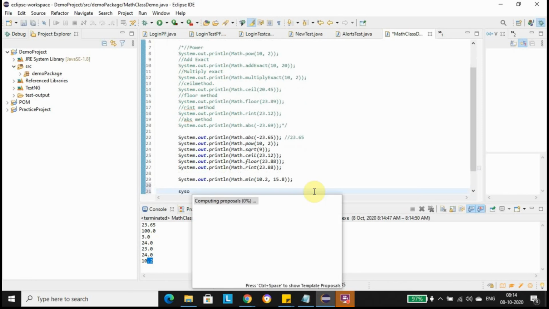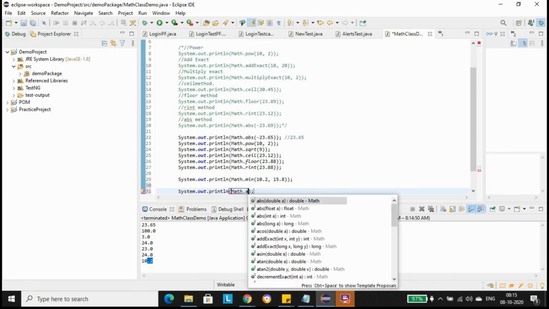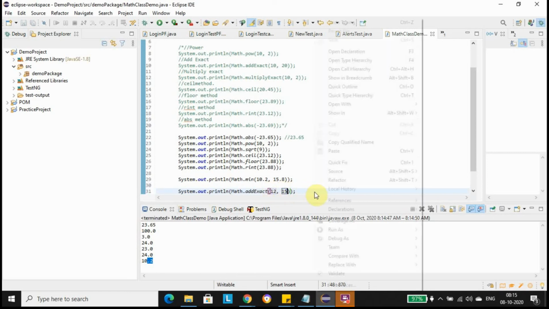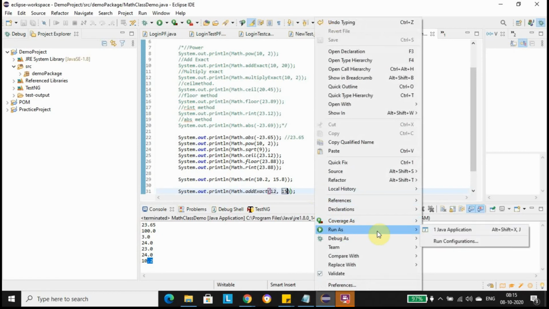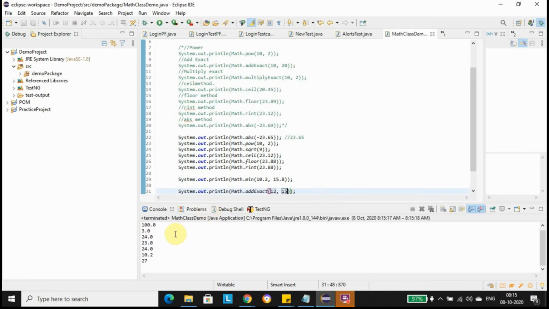We will take another example of addExact. We have to provide two integers here, 12 and 15. What it will do is add up these two parameter values and return us the addition of these two numbers. See, the output is 27.